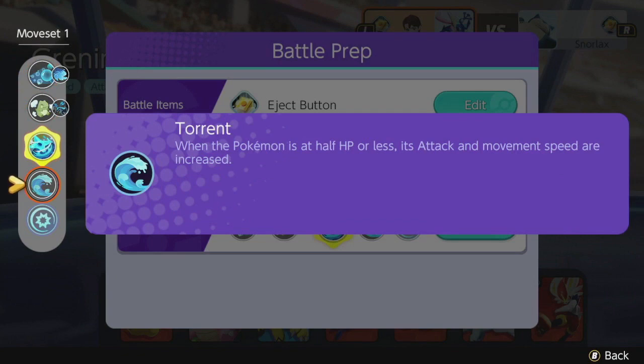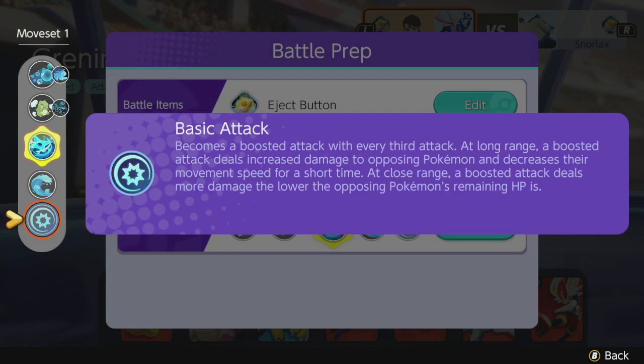More on this later. Greninja has two passive effects built into its basic attacks. Every third basic attack is empowered, but it will have a different effect depending on the space that's between Greninja and its target. If there's room between Greninja and the opposing Pokemon, every third basic attack is going to slow them down in addition to dealing increased damage. Now, if Greninja is in close melee range, every third basic attack is going to do percent health damage. This is based on the opposing Pokemon's remaining health, so you're going to be doing more damage the lower health